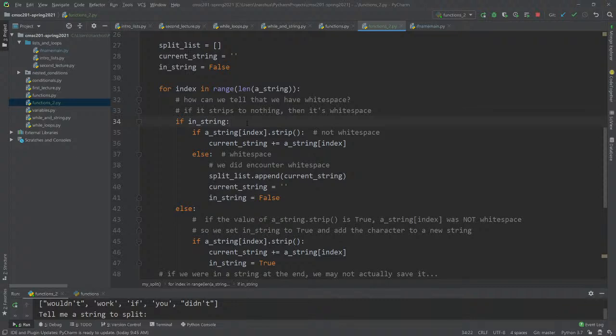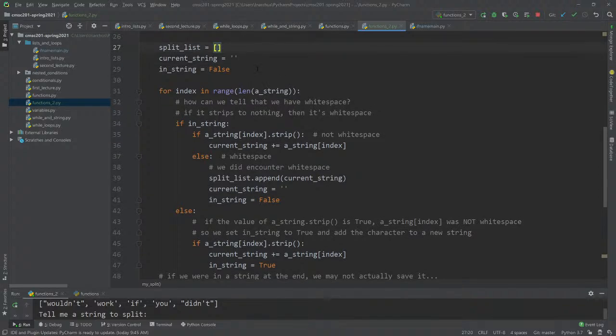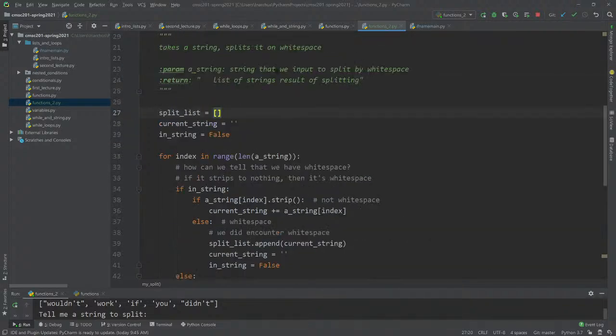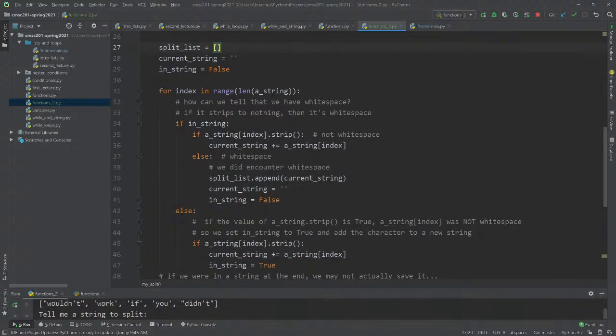So here, what are we showing in this function? Why did I do this as an example? We did this as an example because I get to show you list append again, the append function. I get to show you flag variables.